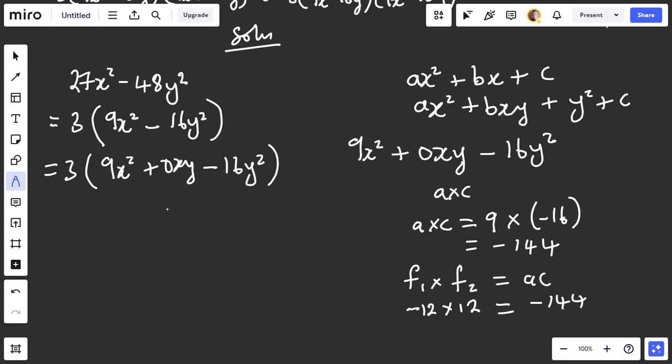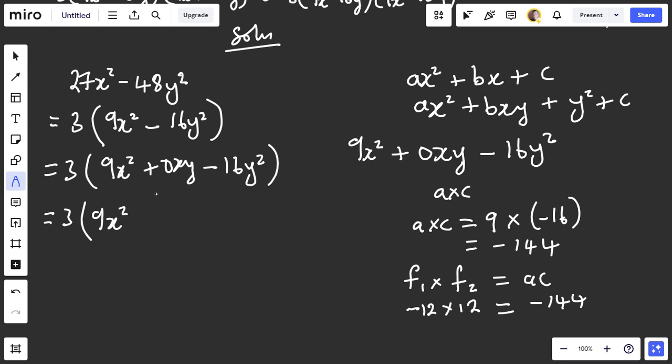And then you have to rearrange this quadratic equation. In the place of xy, you have to replace it with minus 12xy and plus 12xy. Remember, if it was a single quadratic equation, when we are solving other past examples, even JAMB mathematics, you will see. So what we do next is